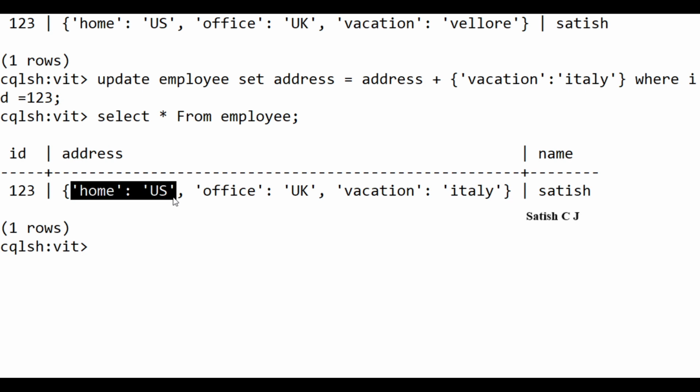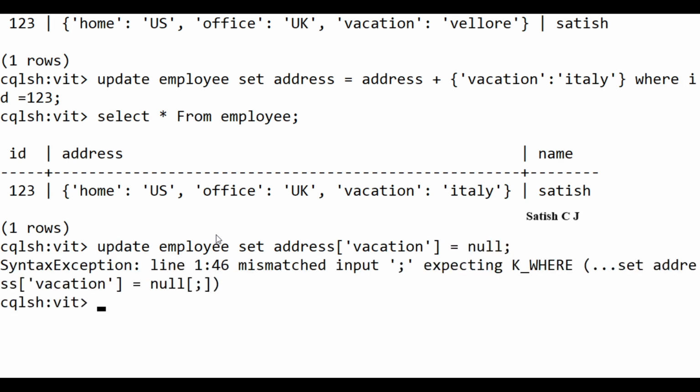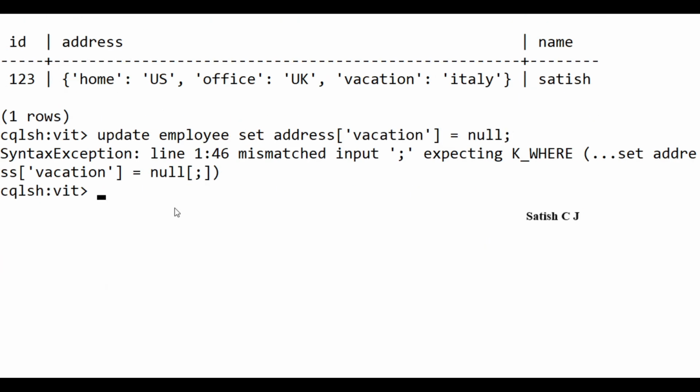Okay, if I want to remove a particular address, how will I remove it? Say I want to remove this vacation. I don't have any vacation at all. So how to remove that? For that, what you have to do is update employee set address, and then in square brackets you give vacation, the key, is equal to null. Here the problem is I have to give the ID, right?